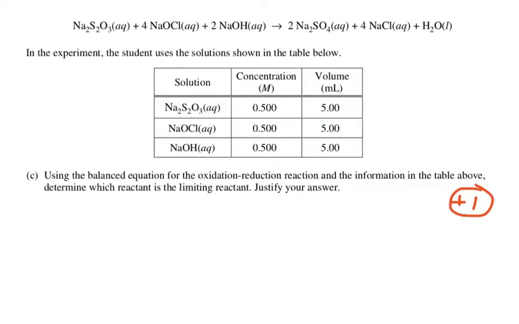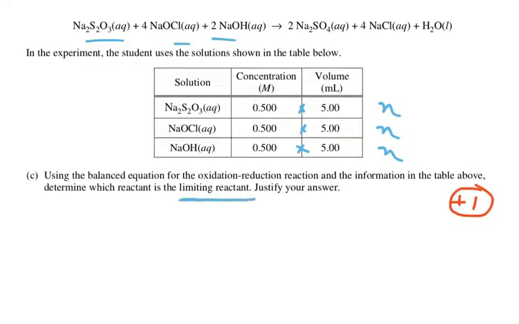Okay, for part C, in this experiment, the student uses the solutions in the table below. So here are our 3 reactants. And those 3 reactants we're using 0.5 molar solutions in 5 milliliters. So hopefully we notice that if we multiply volume times molarity, we're going to get the same number of moles in each case. Okay, so using the balanced equation for the redox reaction and the information in the table, determine which reactant is